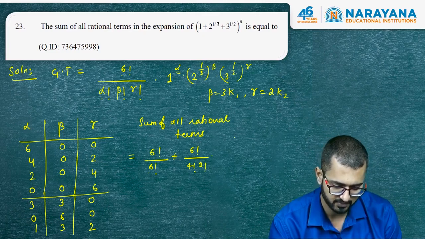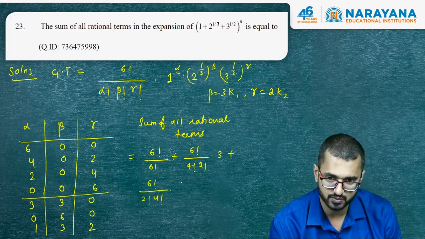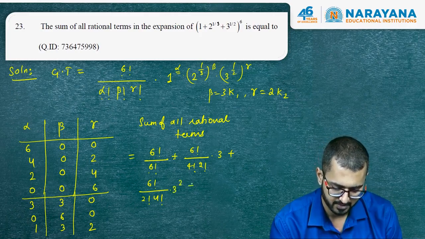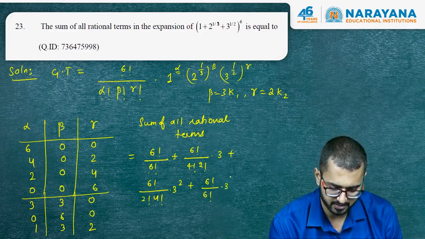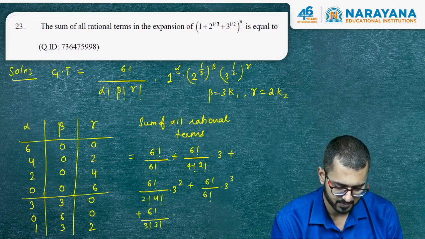Who will be alive here? Alpha, so not required, gamma is 2, so 3 will be there, plus 6 factorial by 2 factorial 4 factorial, alpha is 2, so 1 power not required, gamma is 4 means 3 square would come, plus 6 factorial over 6 factorial, and this is gamma, so 3 cube would come, plus 6 factorial by 3 factorial 3 factorial, so it will be 2 to the power